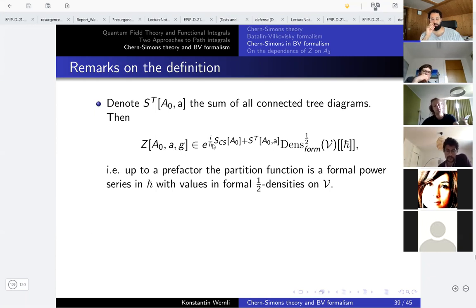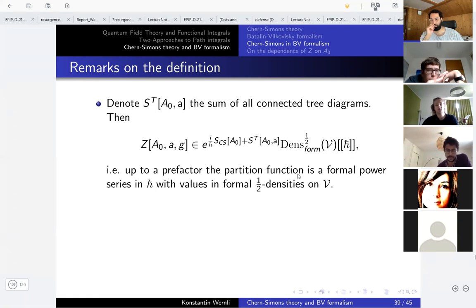That means we have infinitely many negative powers of h bar, right? So that's not very nice. But we can see that they just live in this prefactor. And the rest of the perturbative partition function is contained in a formal power series in h bar